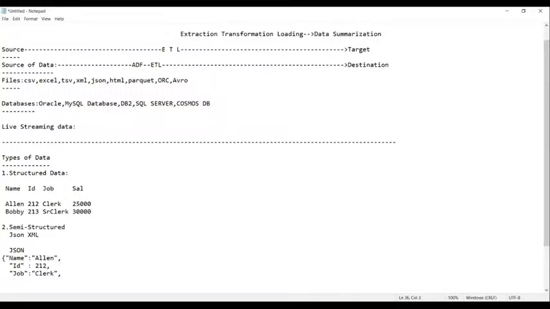Then you have what is that? Salary. What is the salary you have? Yeah. Salary is 25,000. That's it. Fine, everyone. Now this is the data you have. Finally, can you see it? Finally, the data will be